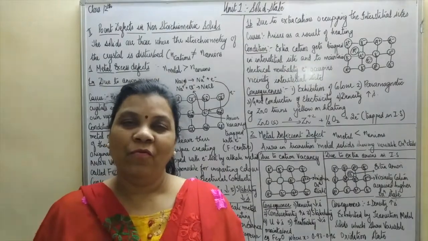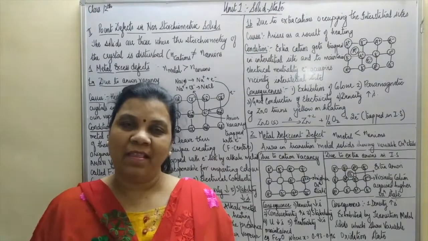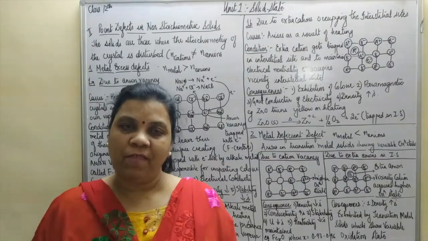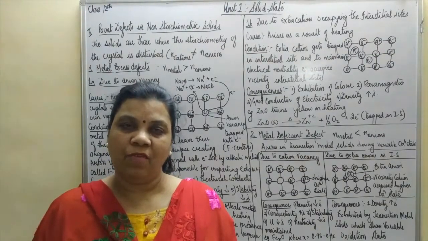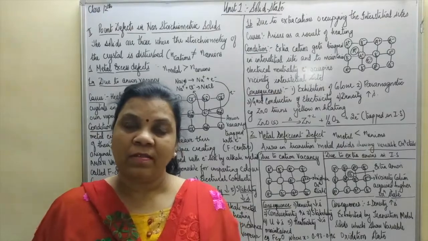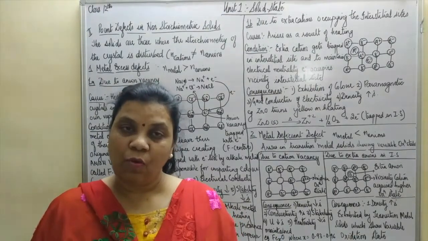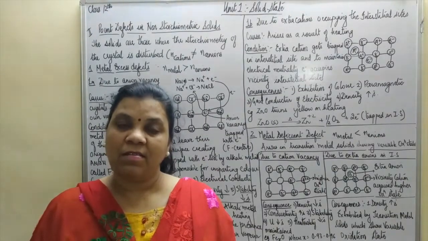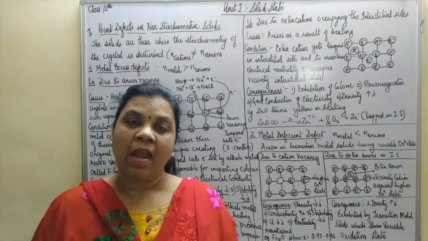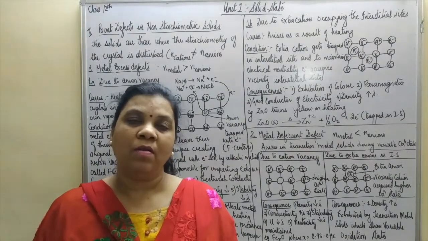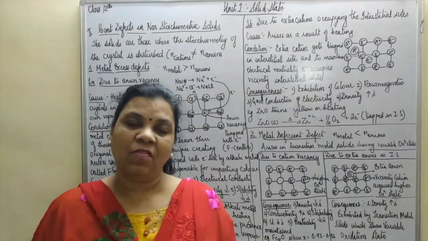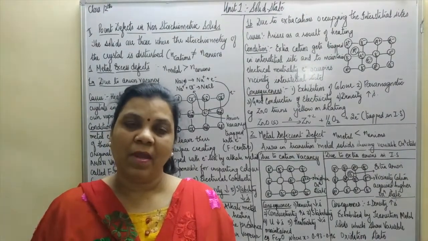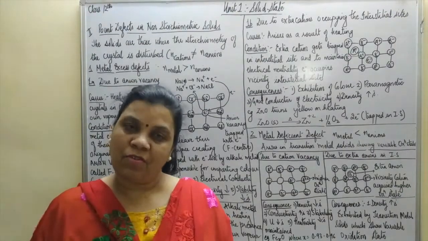Once we are through with the point defects exhibited by the stoichiometric solids, let us now proceed with the second category of point defects, exhibited by non-stoichiometric solid crystals. When I say non-stoichiometric, such crystals are those where the stoichiometry is disturbed. That means the number of cations is not equal to the number of anions. And as we discussed in the flow chart, point defects in non-stoichiometric solids are broadly categorized into two categories, that is the metal excess defect and the metal deficient defect.